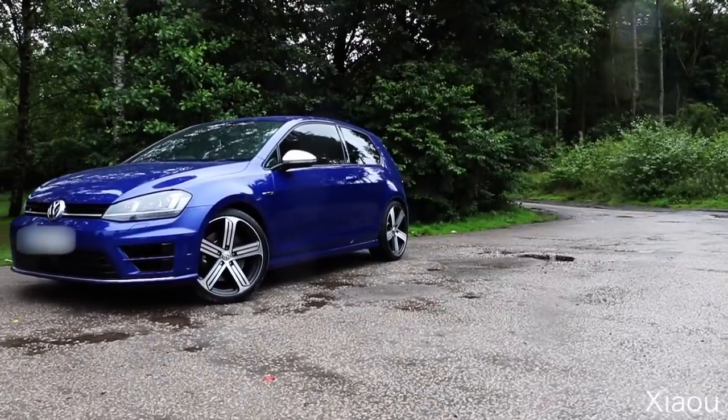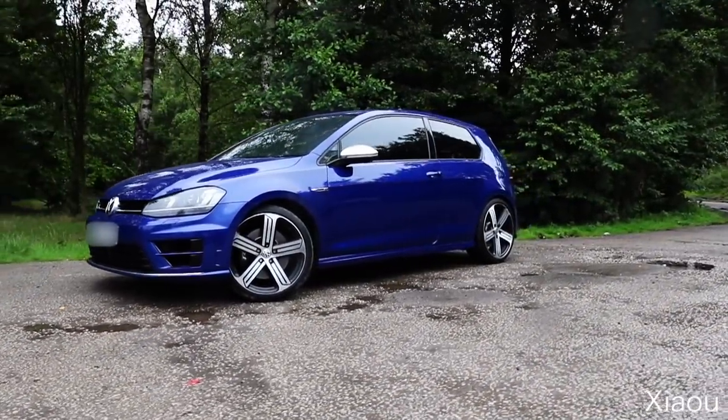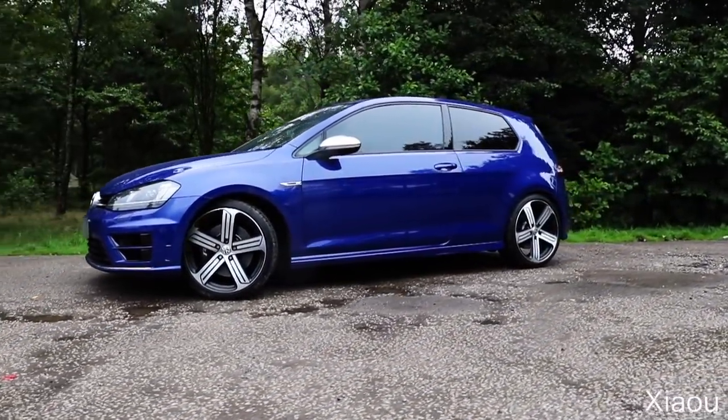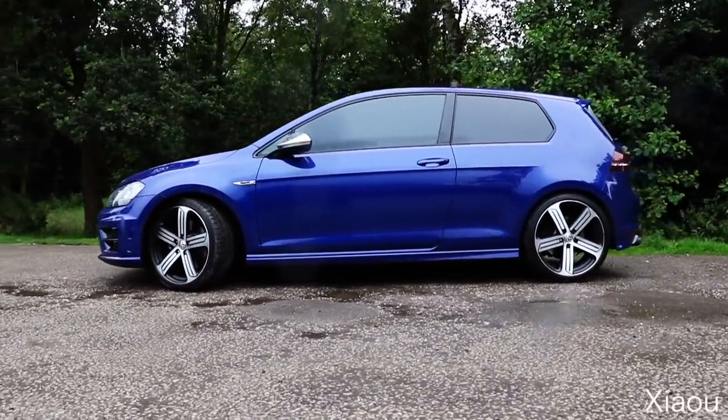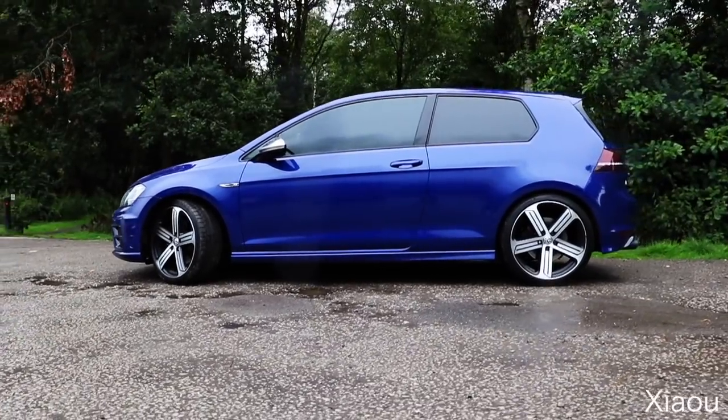Happy days. If we do a shot round the car, it's done 50,000 miles. There are some bumps, some scrapes, some curbing on the alloys. For me to make the car look pristine again, it's going to cost about £300-400, getting the alloys refurbed and touch-up paint. If you were to do that on a Porsche,